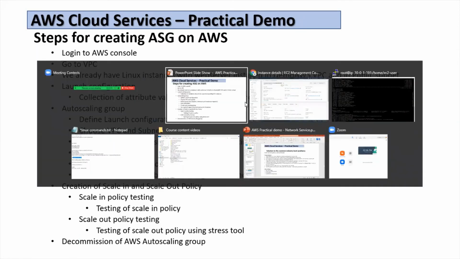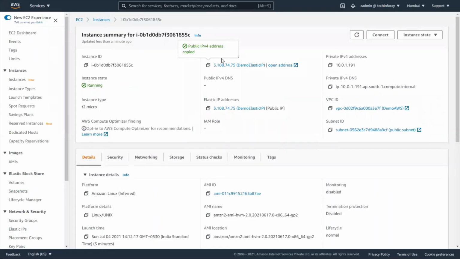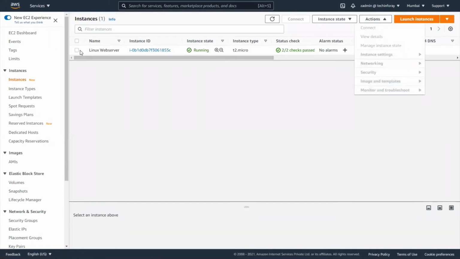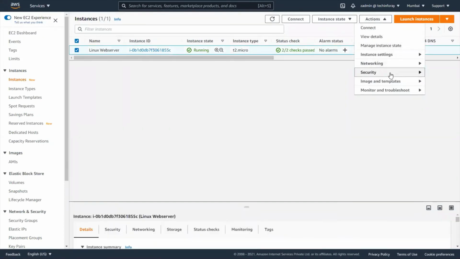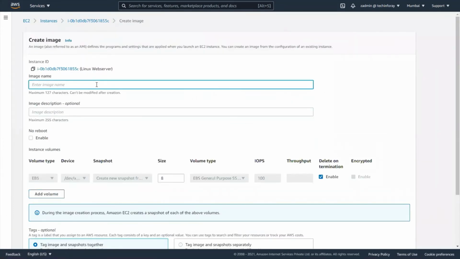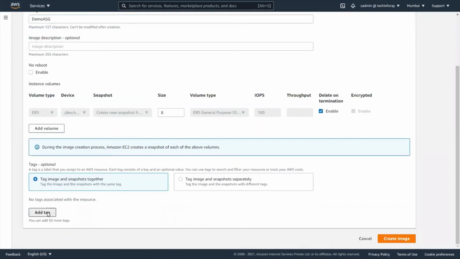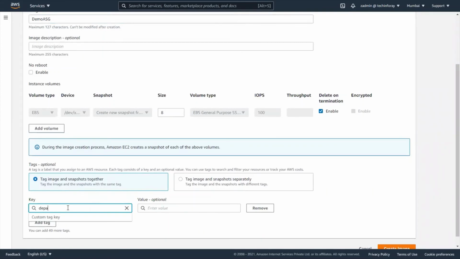Let's go to the machine, create AMI for this: Actions, select this image, Security, Create image. Okay, demo ASG. Let's keep everything default. Tag, department, network.